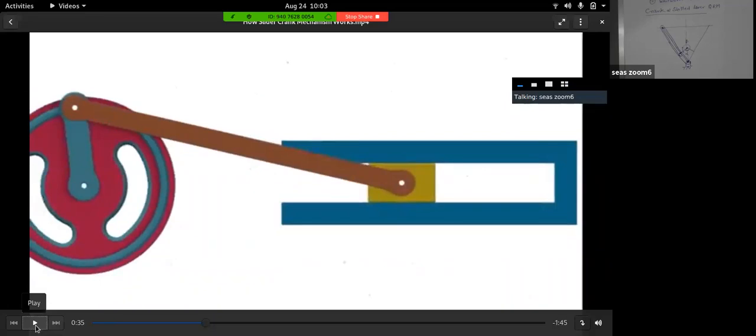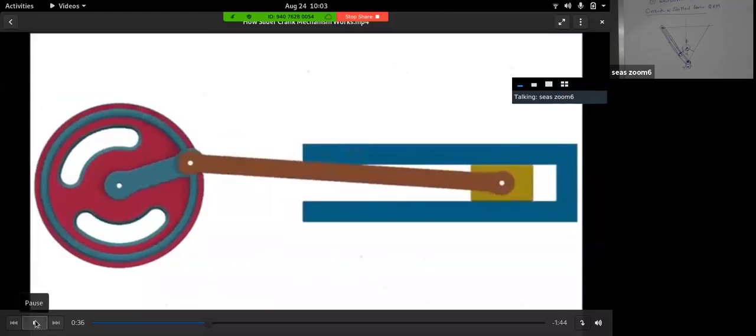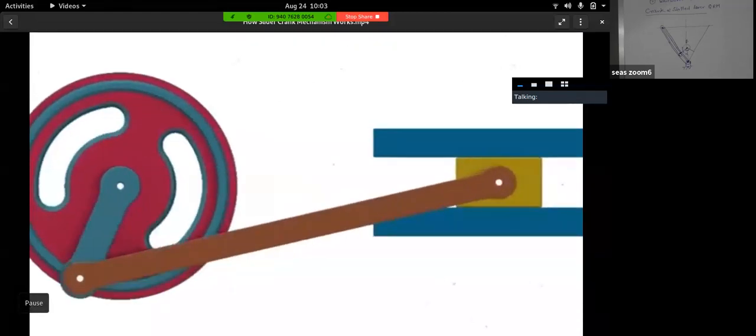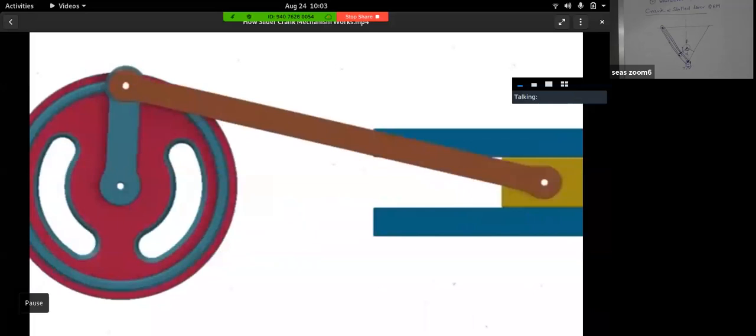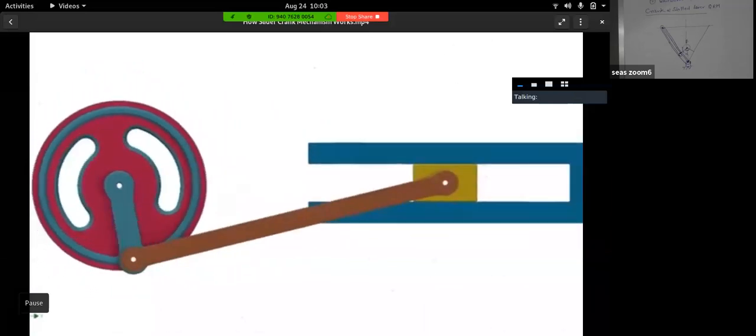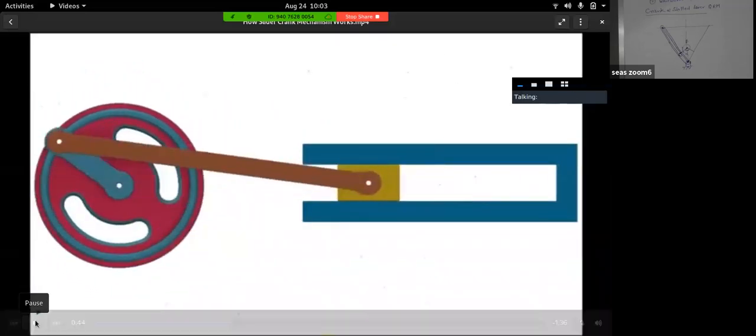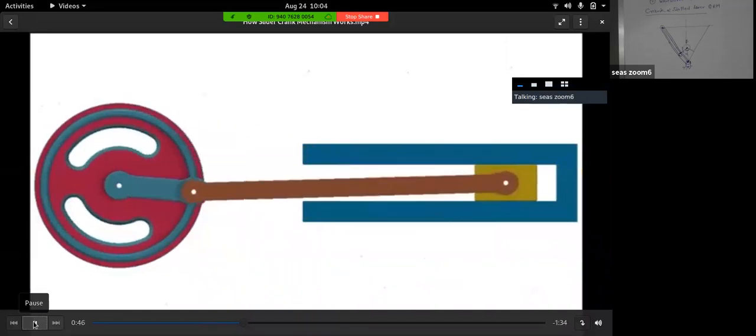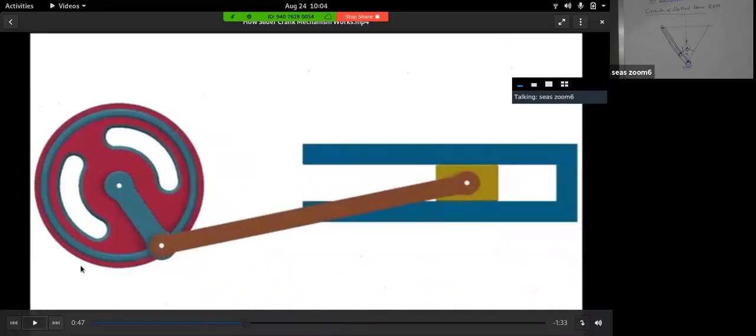So here is the crank, and here you can say it is the cutting tool, and the connecting rod, which joins the crank and the slider. Sorry, I just shared a simple slider crank mechanism.